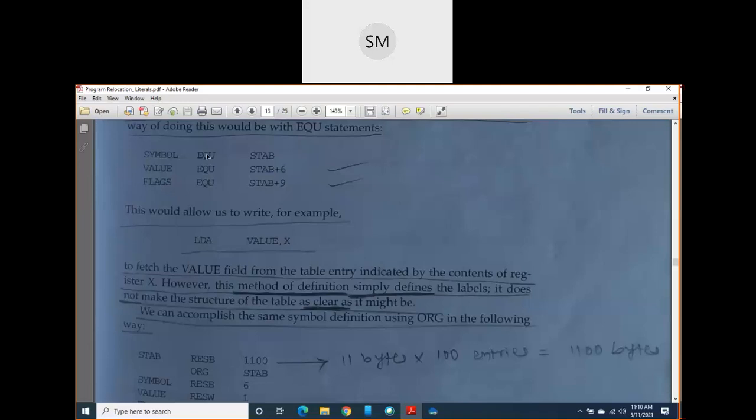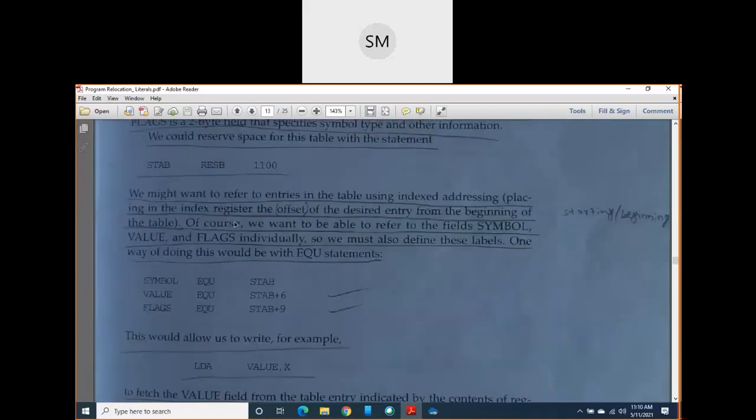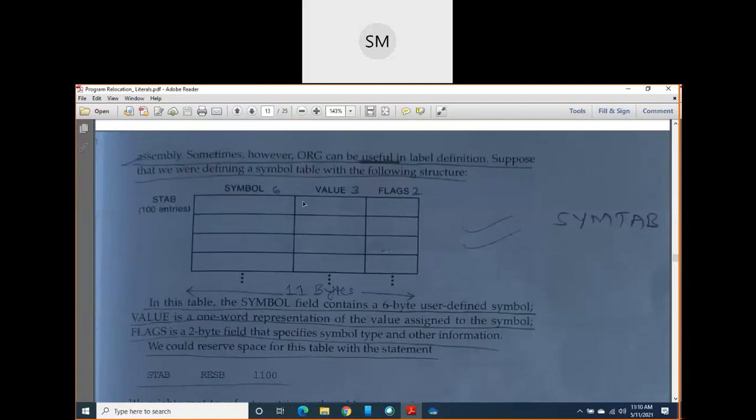Are you understanding what the use of this equate is now? If you want to fetch or access any value from any of these entries, for example, this index is 0, 1, 2 and 3. Suppose you want to fetch the value stored in this block, where the index is 3.